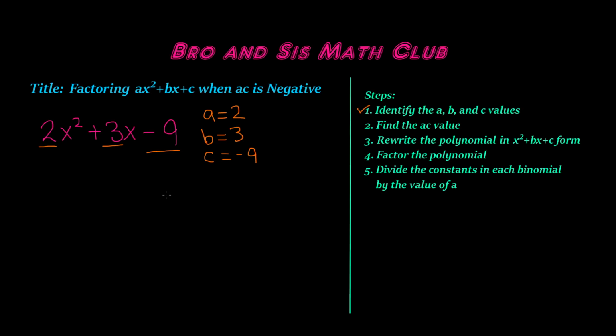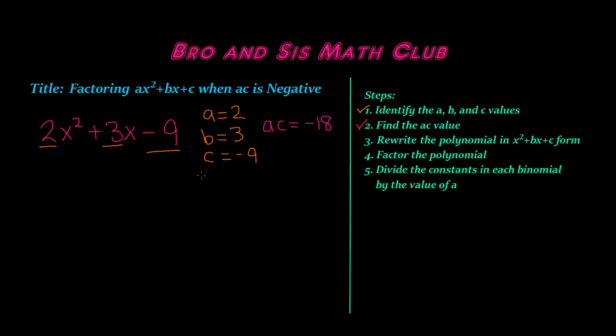Step 2 is to find the ac value. In order to find the ac value, we're going to multiply the value of a times the value of c. So a times c gives us -18 because 2 times -9 is -18. So now that we found the ac value, we realize that it is indeed negative, as it says in our title. So in order to factor this out, let's look at step 3, which says rewrite the polynomial in